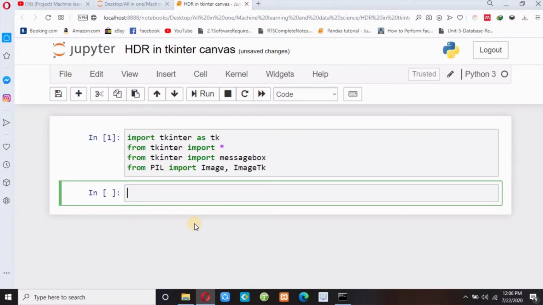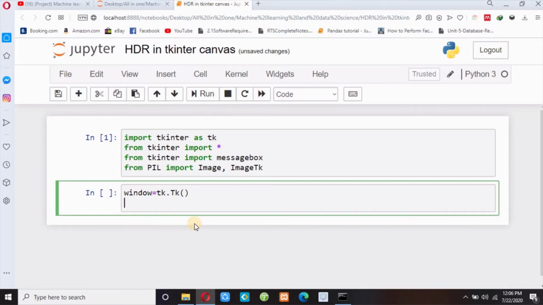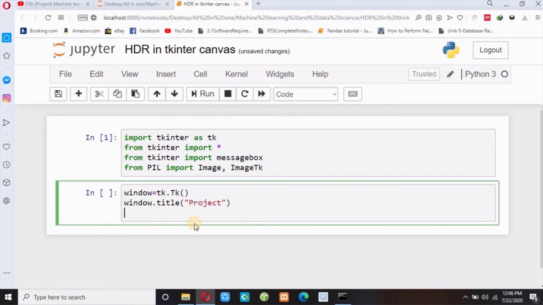So first of all, I will create a Tkinter window. So window equals tk.Tk(), and then window.title. Let me write the title as, suppose, project, and then resizable is false. Resizable false means (0,0).